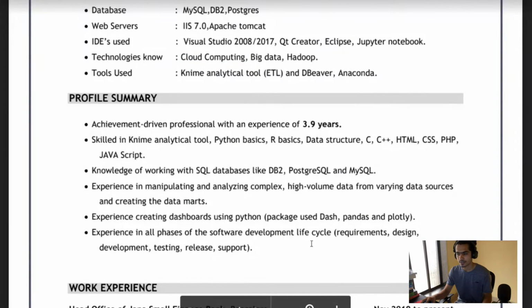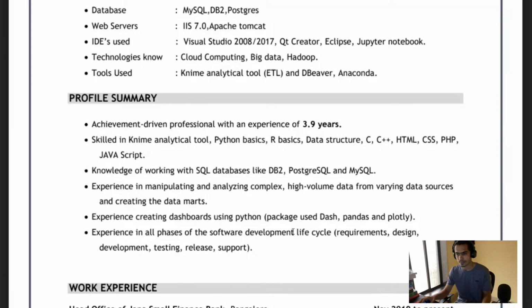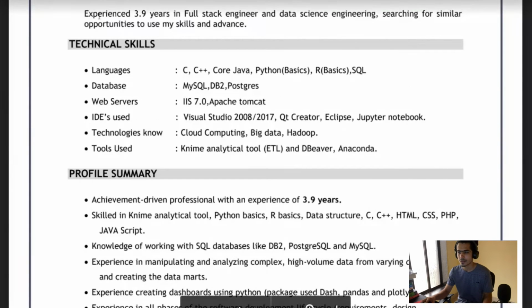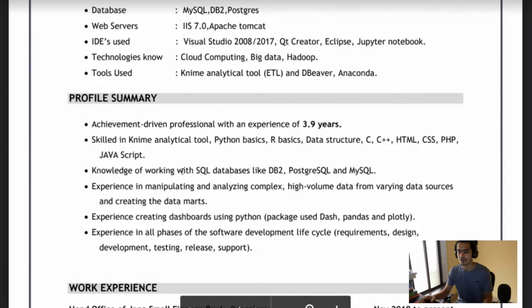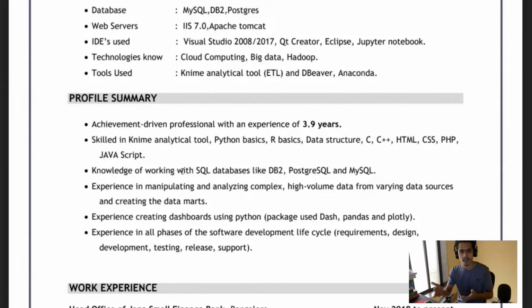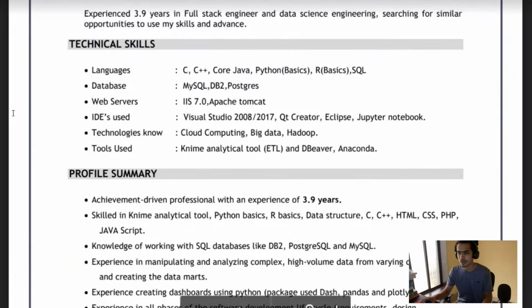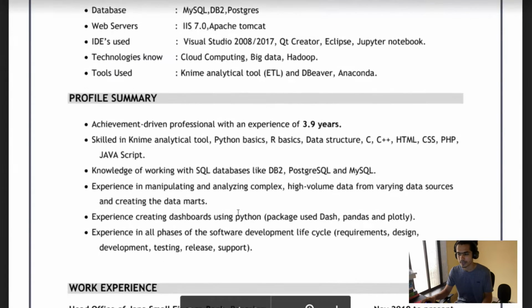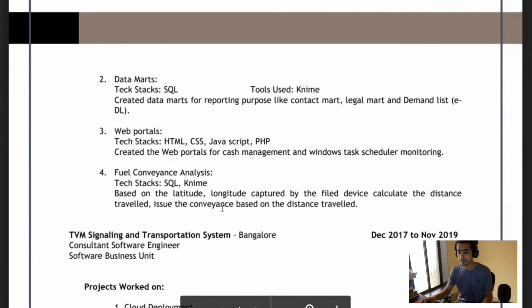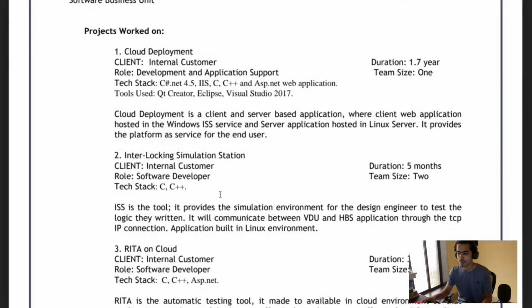The profile summary should not be this big. First of all, don't add profile summaries because you have already added career objectives. Your resume is the summary of your entire experience, so you don't need to add one more summary inside that particular resume. So remove this section, and add your work experience on the top, above your technical skills, because your work experience is really important. Also, don't